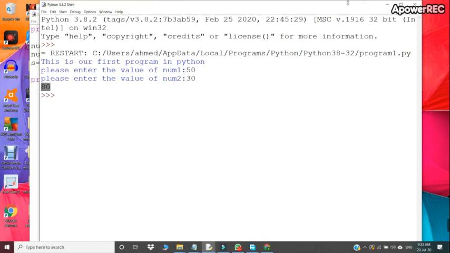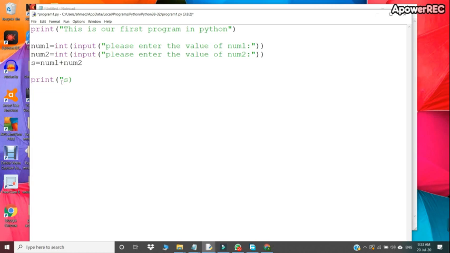So to increase the readability of my program, I will make some modification in the print statement. So if I type like this, sum of num1 and num2, as I have told you before, whatever we will write after print statement in double quotes, that will be printed as it is.